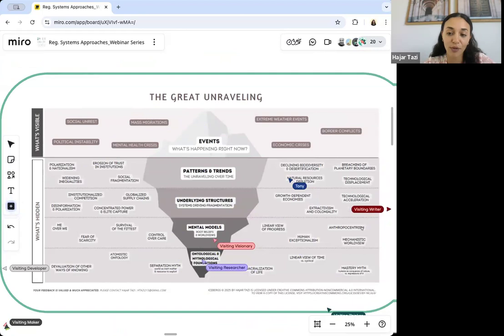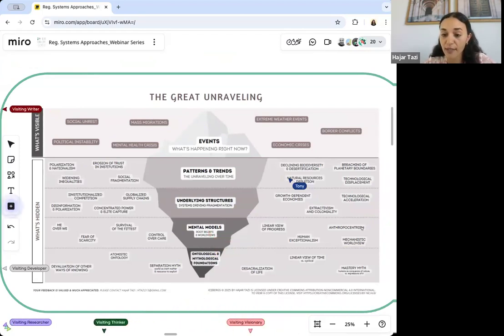But like all icebergs, most of what drives these symptoms lies beneath the surface. Beneath the surface, we have patterns and trends: the long unraveling of trust in institutions, increasing inequalities, technological displacement, the breaching of our planetary boundaries, the erosion of social cohesion, and so on.